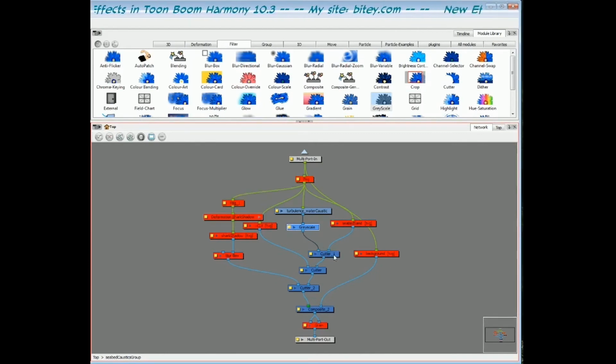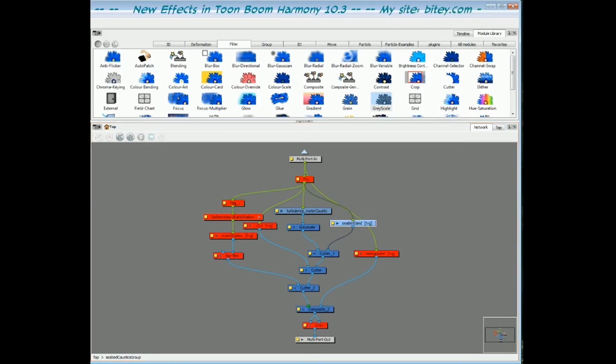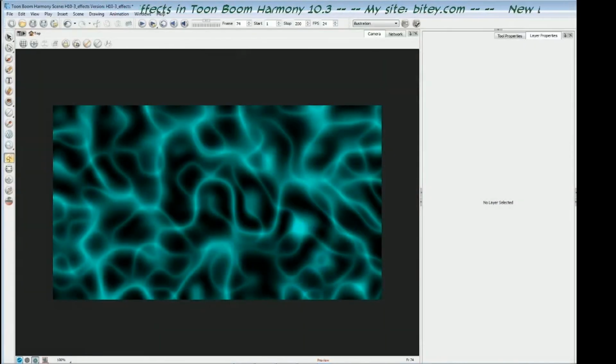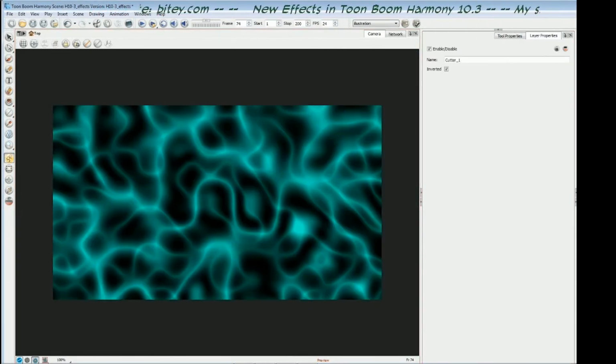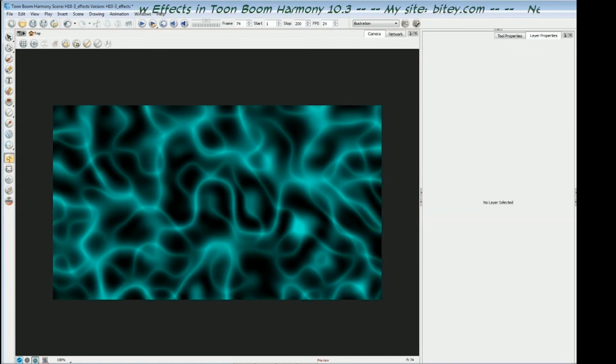So you can see here I've got it plugged into a cutter, which is cutting out the seabed color. So I'll activate the seabed color, and if we go back to the camera view, you can see that this is now a matte cutting out the seabed color, which is this. This is just a seabed color, the caustic color,